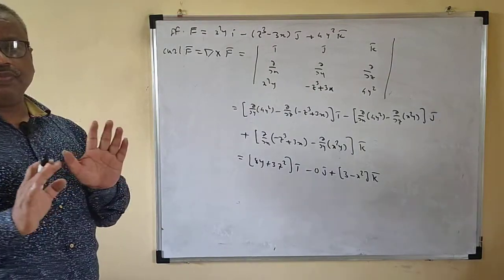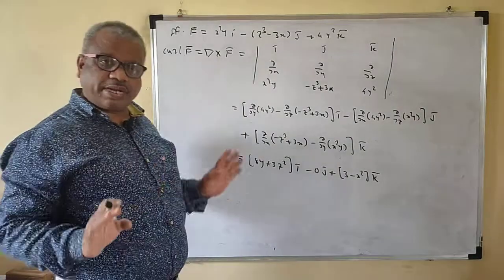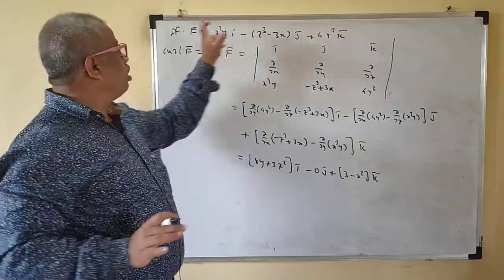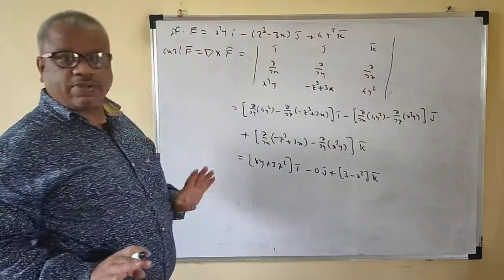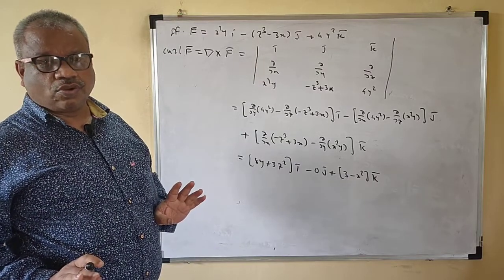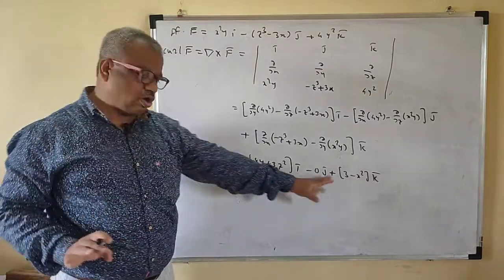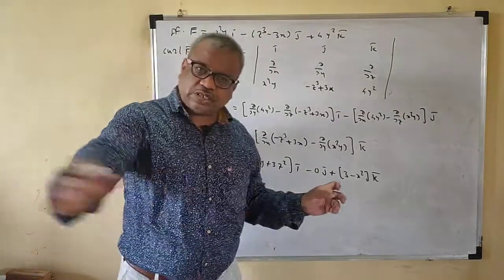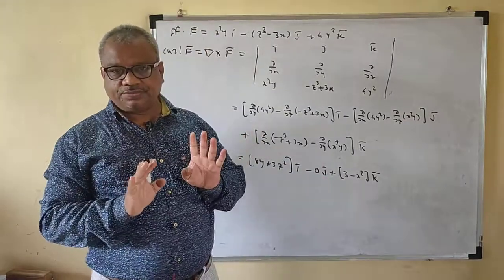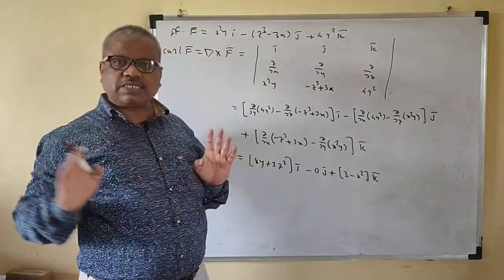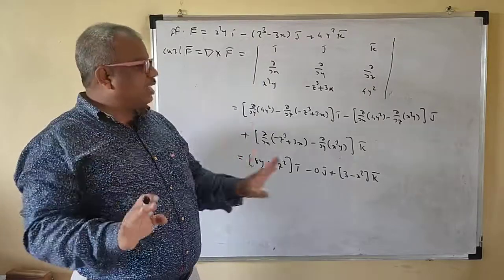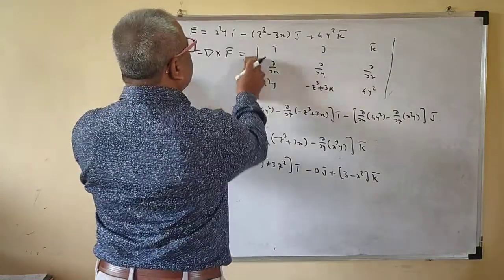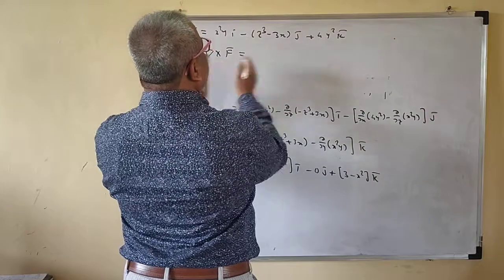Now, while solving this problem in a competitive exam or online exam, the function is provided, and you are asked for the curl of this vector. Options are given to you, so look at the options and see which components are the same. If all the first components are the same, then don't find the first component. If all the first and second components are the same, don't find them, directly find the third component. Just write only this.